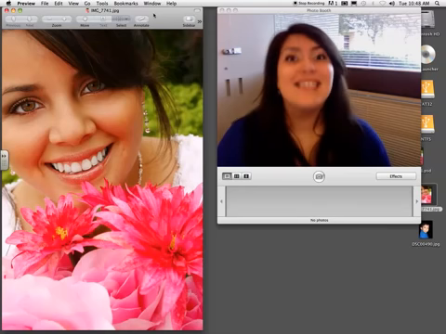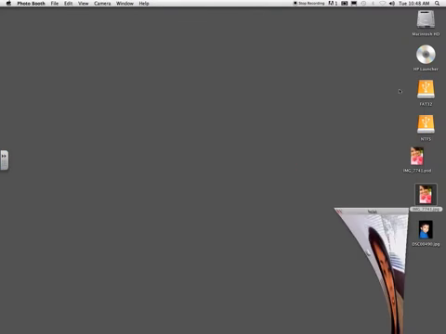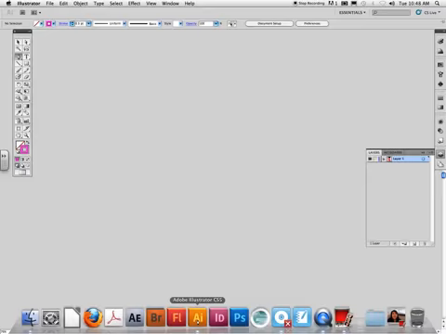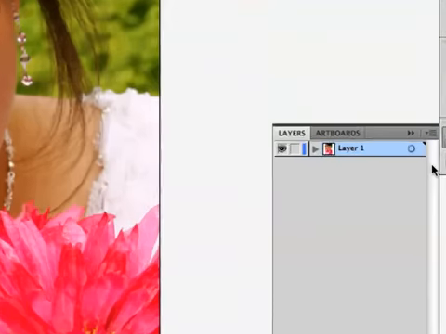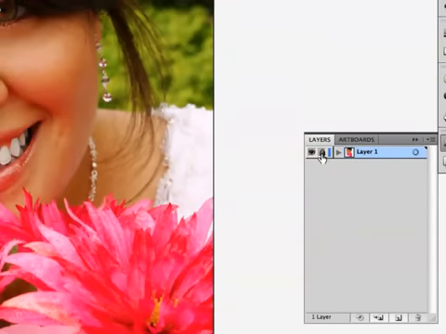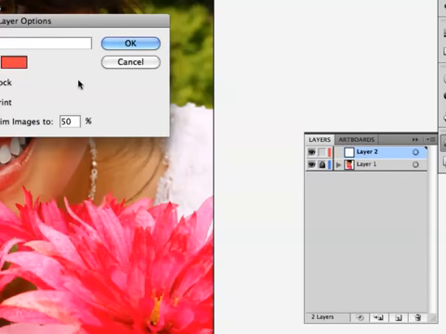So let's get started. Alright, I'm going to go ahead and close this. I'm going to open up an Illustrator document. I already have my image on here. All you guys have to do is click and drag your image onto Illustrator. First thing I'm going to do is lock layer 1, because I don't want to move my image around while I'm working. And I'm going to make a new layer and name this layer Eyes,